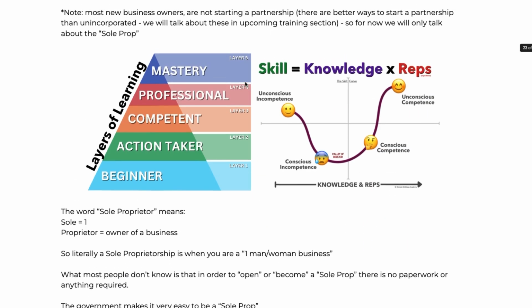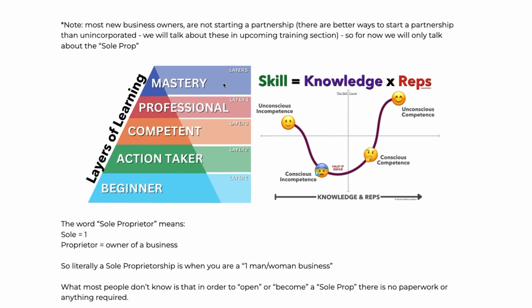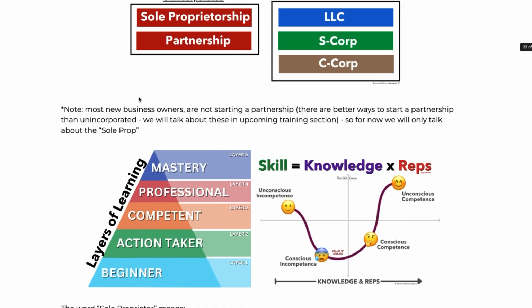Now, like we've talked about in the previous training section as well, what we are doing here is building your understanding layer by layer by layer. The very first couple training sections in this training as a whole are going to be a little bit easier to wrap your head around, and then we're going to slowly start ratcheting up the more advanced level, so that you can get to the point of becoming an action taker. So we're layering your understanding of these concepts.